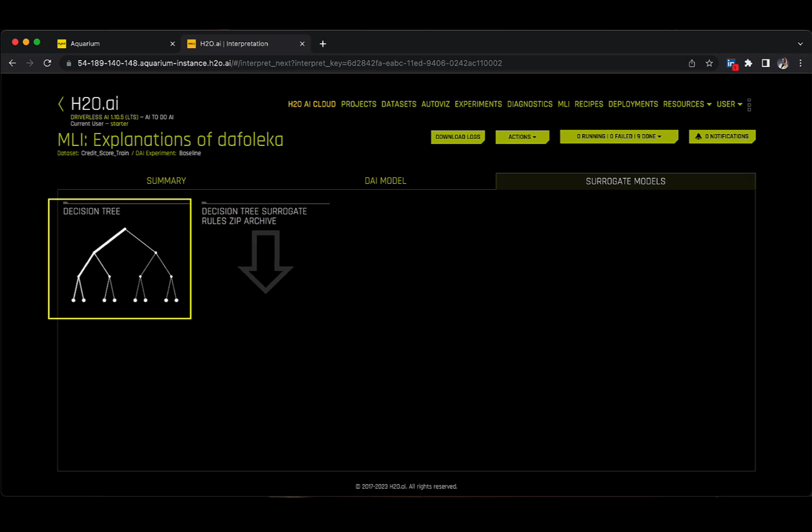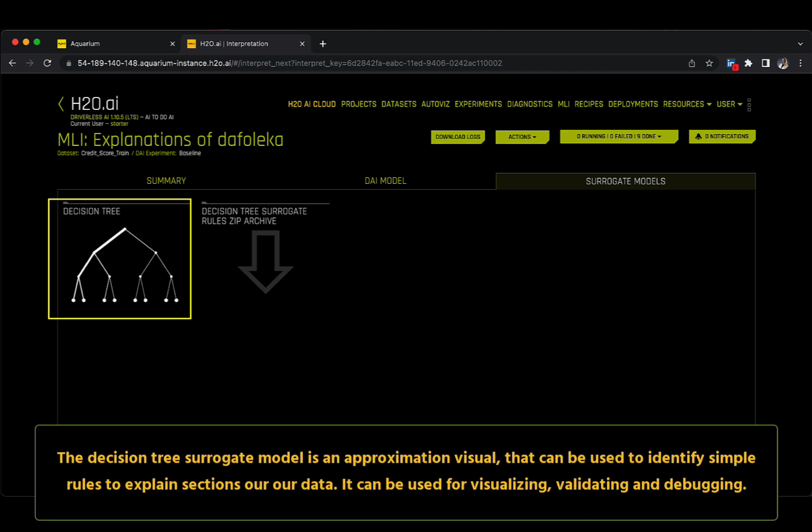Next to the zip archive, we have the surrogate decision tree plot, which trains a simple decision tree model to find segments with high and low predictions. This is a global approximation visual, and we can use it to identify simple rules to explain sections of our